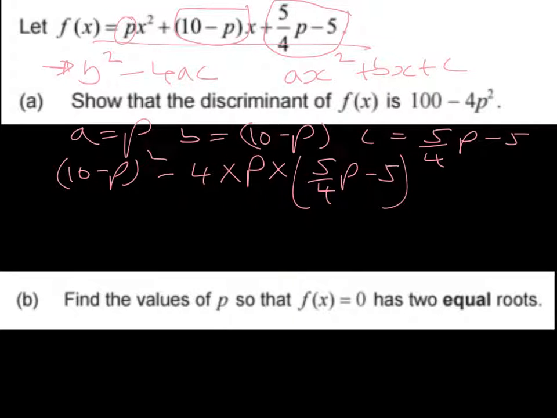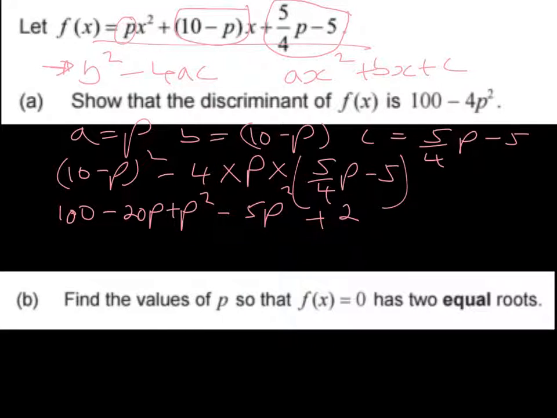So if we expand 10 minus p squared, we're going to get 100 minus 20p plus p squared. And then we're going to have negative 4p times 5 over 4p, which is going to give us negative 5p squared. And then we're going to have negative 4p times negative 5, which is going to give you